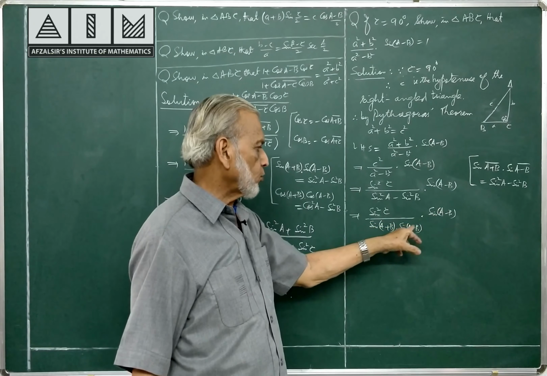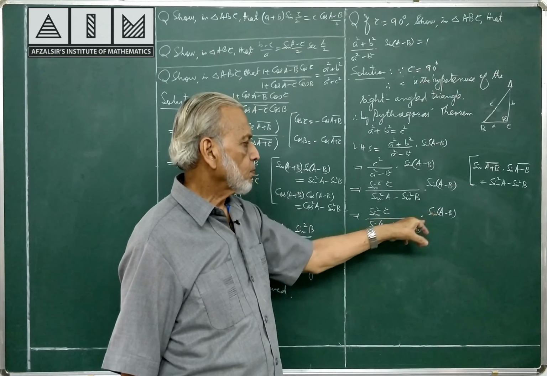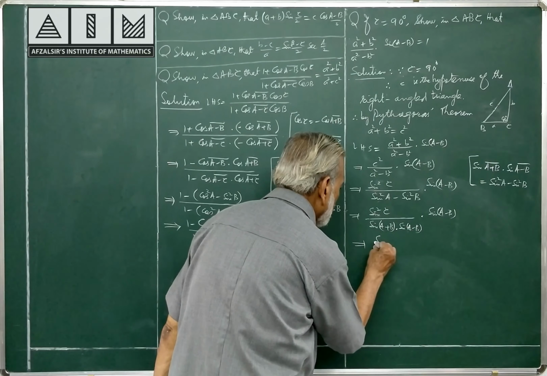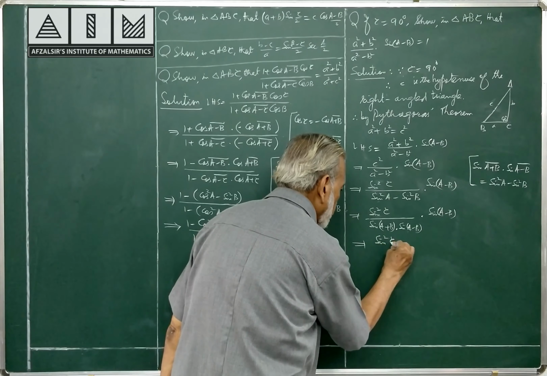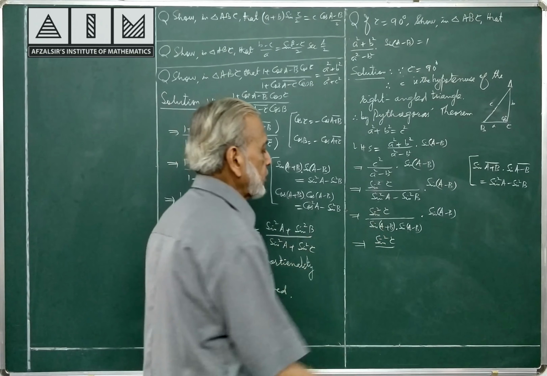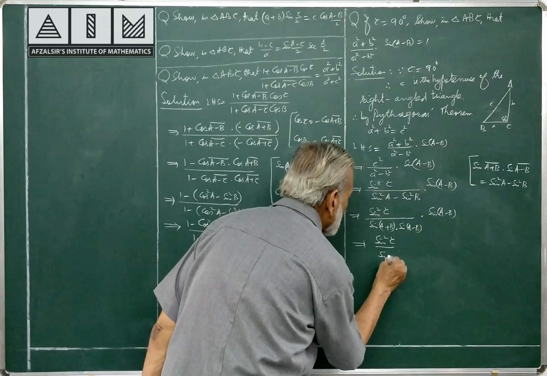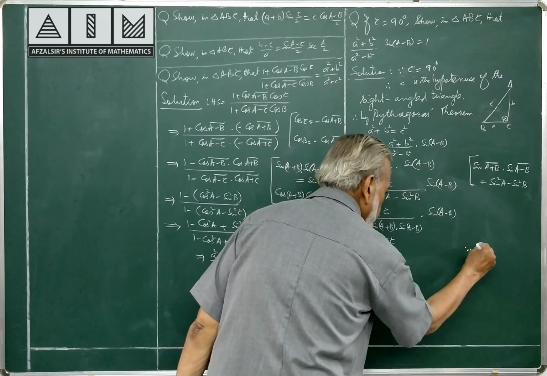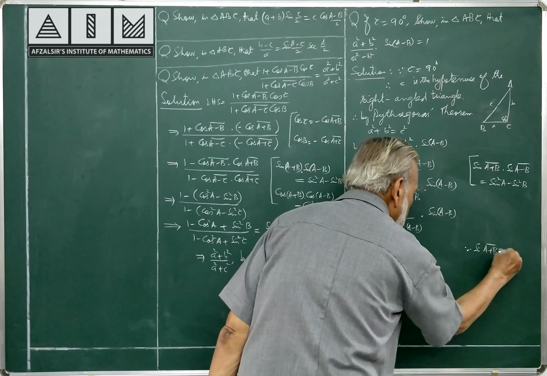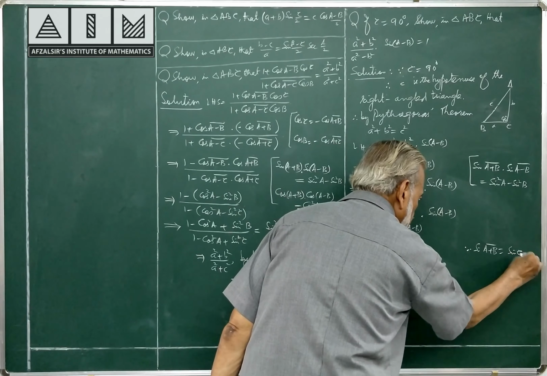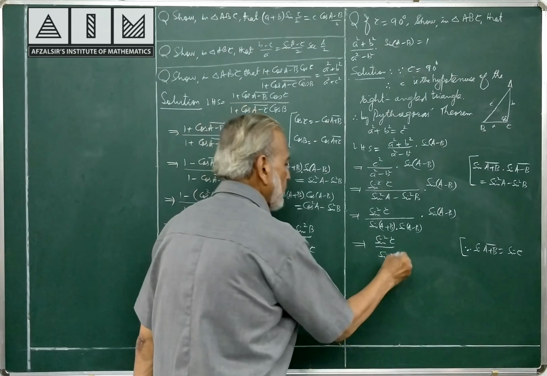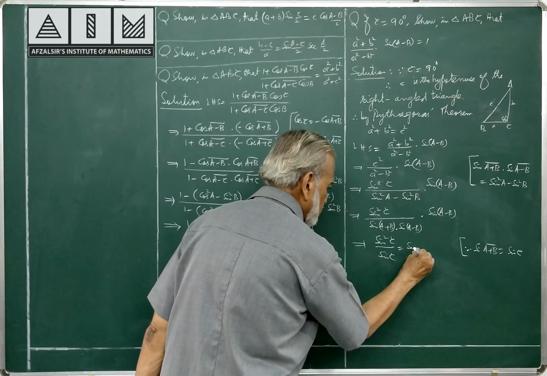These two will cancel now. After cancellation of these two, what is left out? Let us see. Sin square C by sin A plus B. You know sin A plus B is sin C. Once again reminding you, sin A plus B is sin C. This is already given in the beginning of this chapter. Sin A plus B is equal to sin C. I have substituted. After cancellation, this becomes sin C.